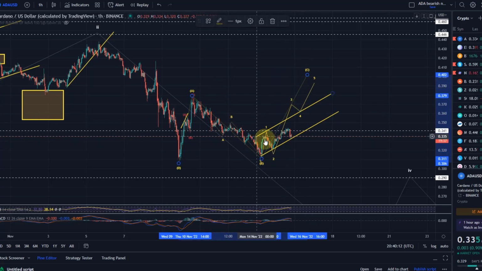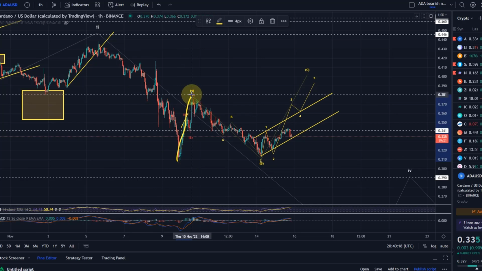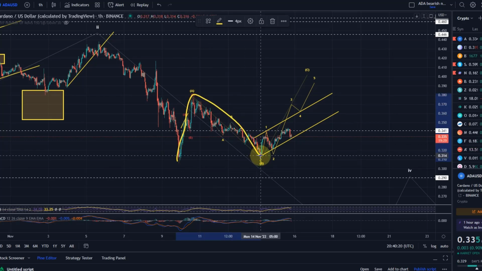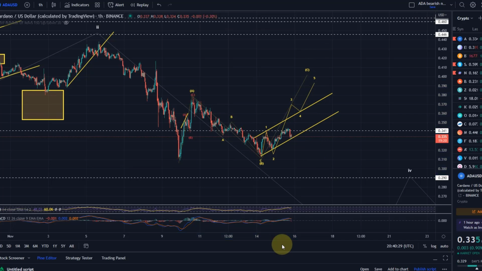So if we get one more low, then it would be quite likely that what we are seeing here is a wave A up due to the 3-wave price structure, a wave B down, which was also a 3-wave structure, and the wave C is currently unfolding, and then we would come down. This wave C is obviously a 5-wave move. We could say that we have already seen a wave 1-2 setup, we're currently holding the channel support, and we're now in the 3rd wave. I can give you the target for the 3rd wave as well.